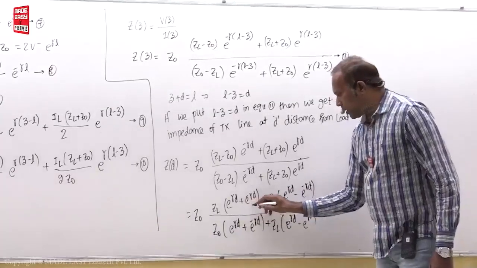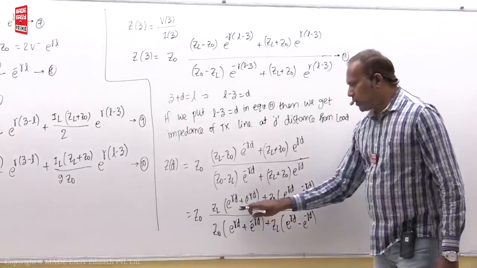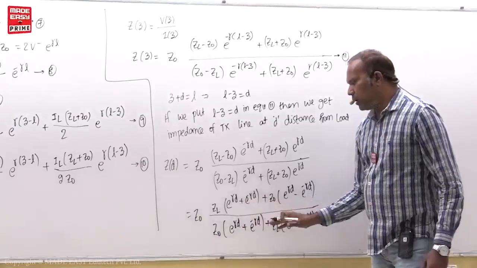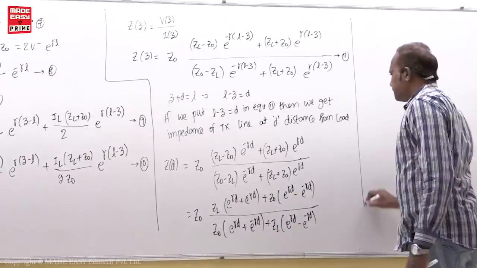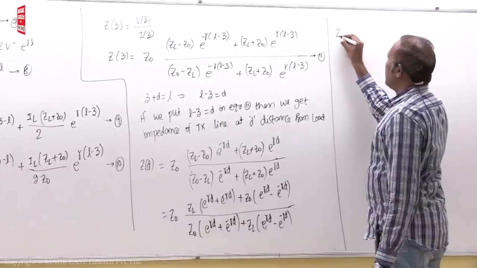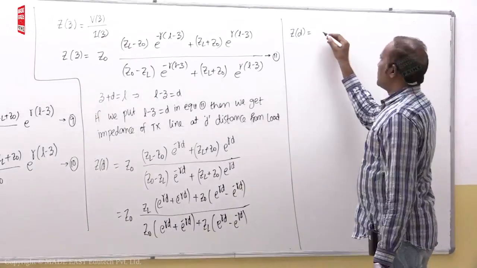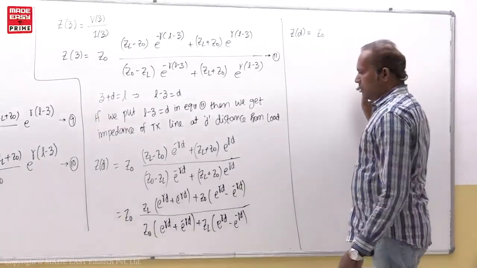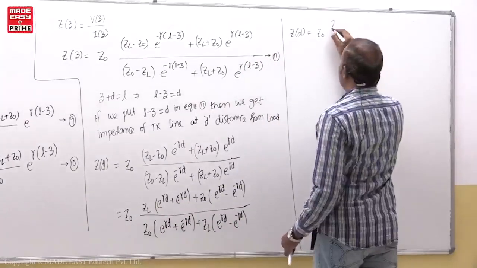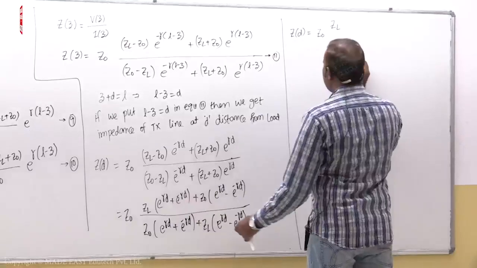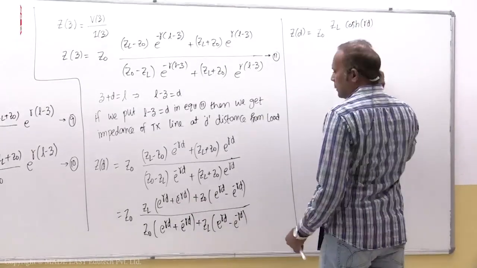Here also you put divided by 2, here also divided by 2. So numerator and denominator divided by 2, so nothing happens. So that is why this becomes Z of d is equal to, dear students, Z naught, ZL, this one is cos h gamma d, cos h gamma d, and